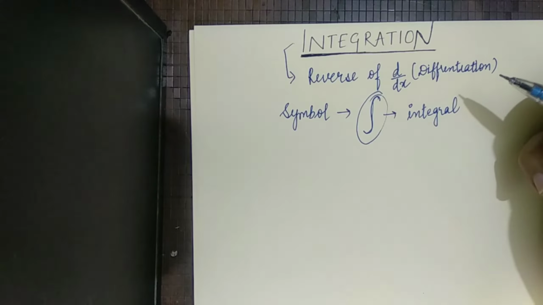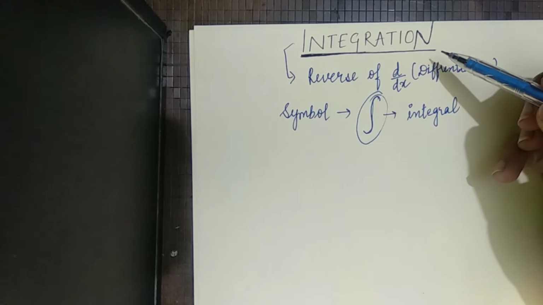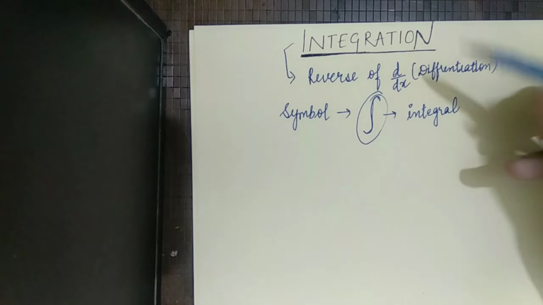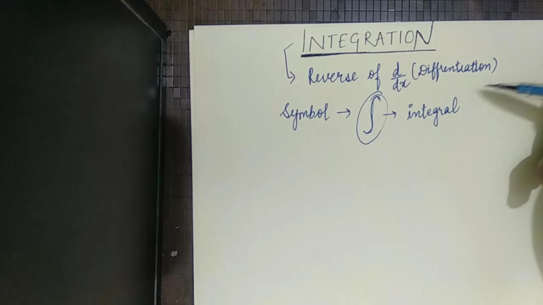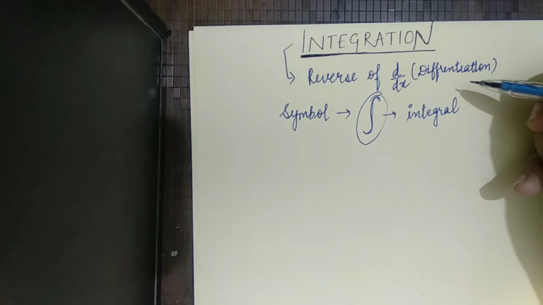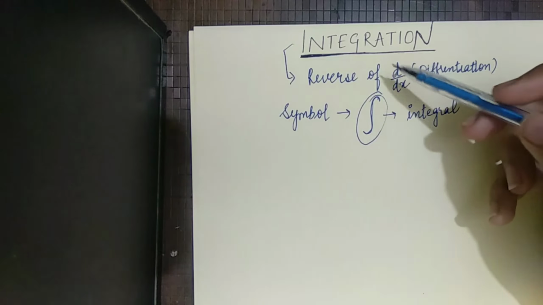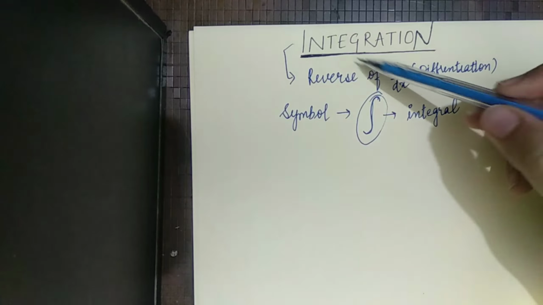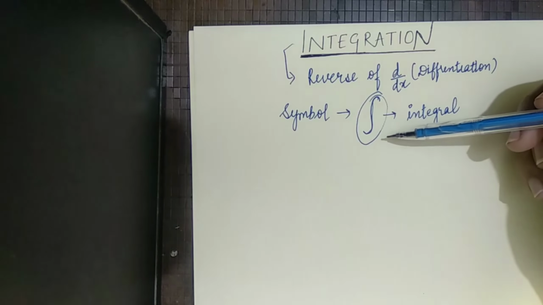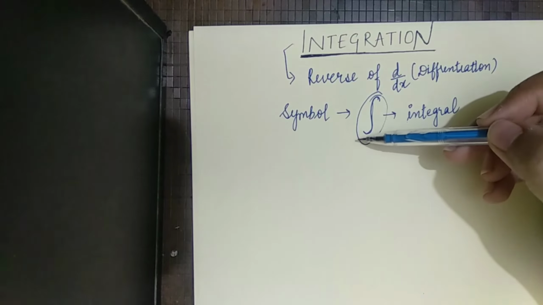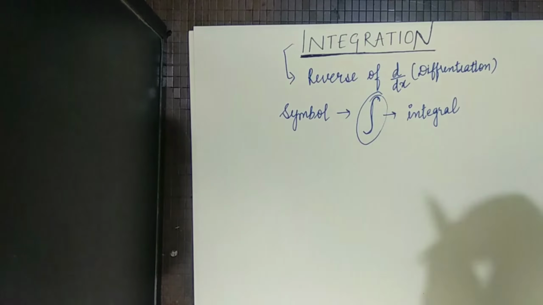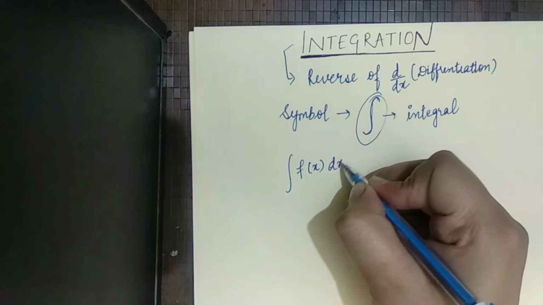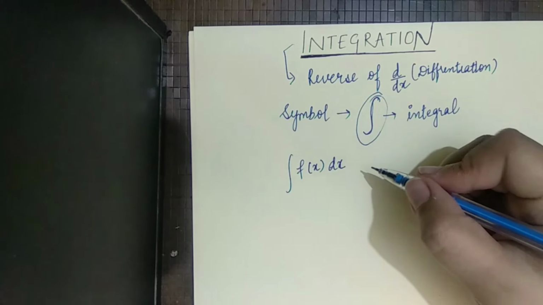So let's begin. In this part, we'll discuss integration, which is nothing but a reverse of differentiation. If you have watched my previous videos regarding differentiation, then you will automatically get an idea of integration. The symbol by which we denote integration is the integral sign, and we'll denote it like this. So if I say any function f(x) with respect to dx,